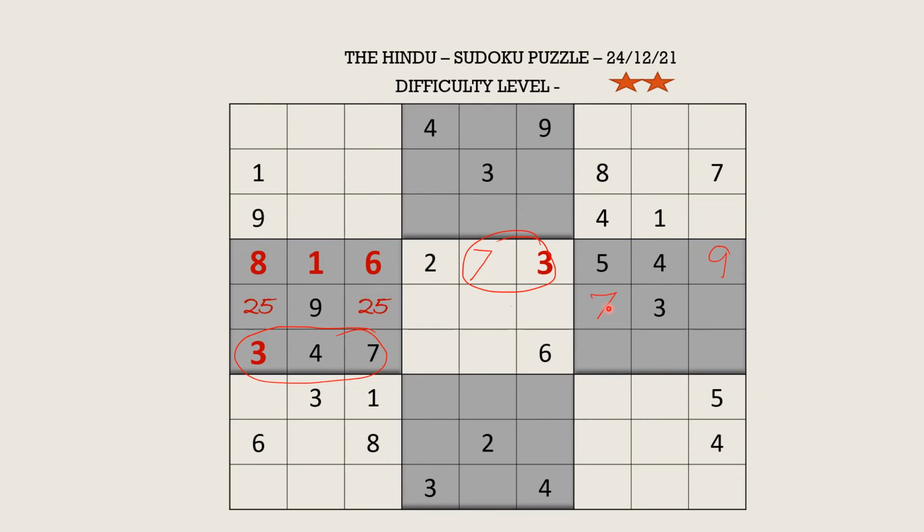So now you can always spot 7 by easily checking this 7 and this 7 here, but this is a trigger to check where 7 has to be. So this will help you to easily spot the number 7 here. Now you have 6 blocking here, so this is 6.